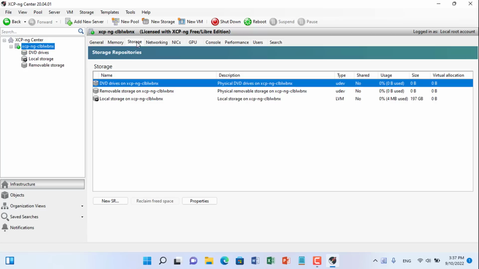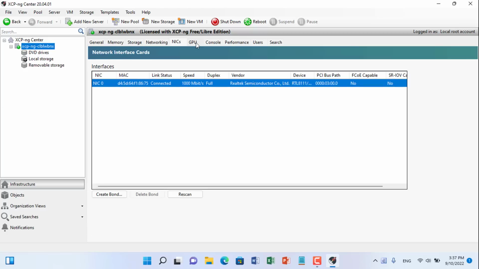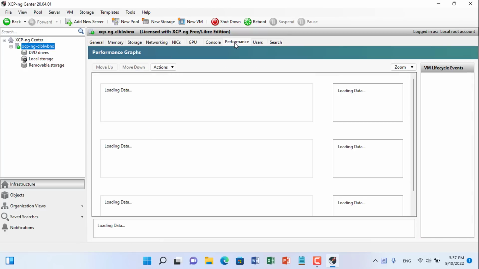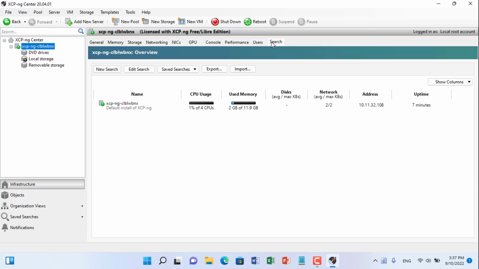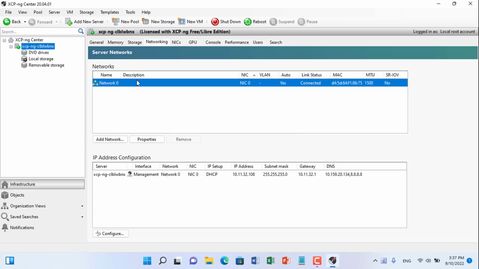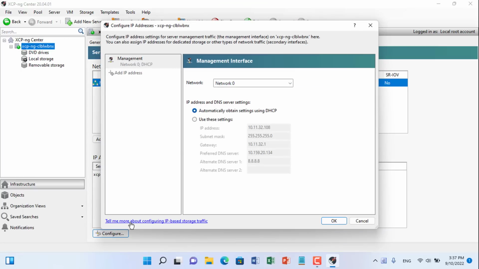Here is the basic information about your server. As mentioned in the previous section, I will set up a static IP address for the virtualization server in this step. I set up a static IP address and then changed the gateway IP address. Next is to set up the DNS address.